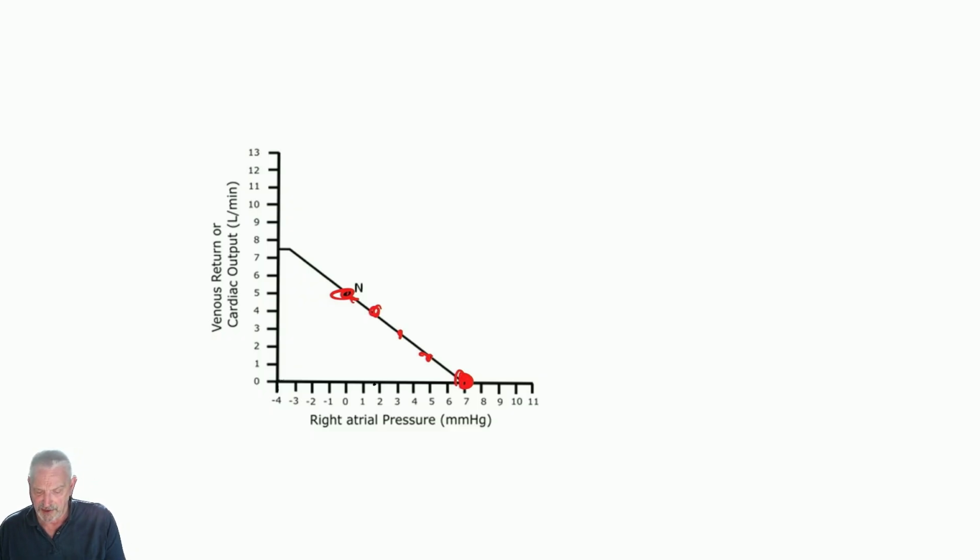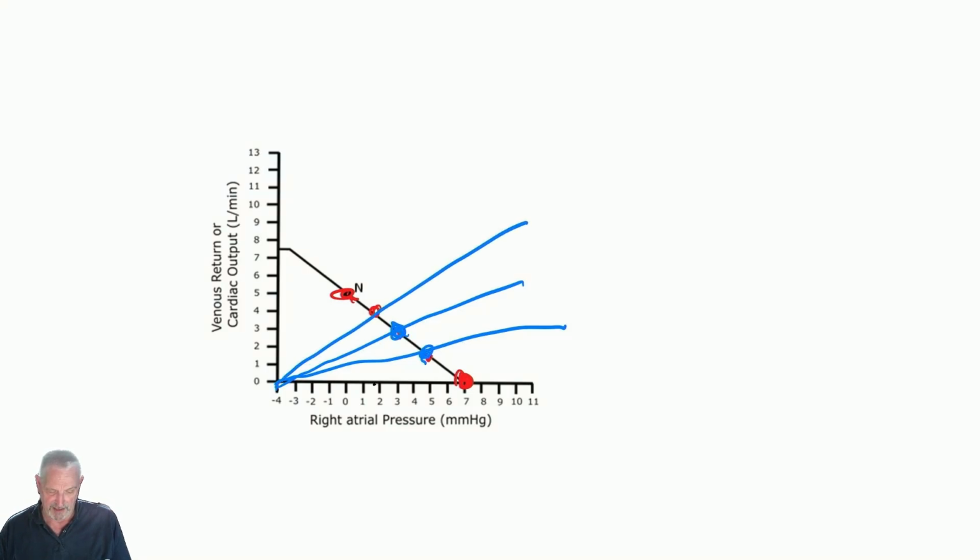The simple answer is cardiac function. If you have a very hypoeffective heart, it crosses here. A slightly better heart may cross here, a slightly better heart, here. A normal heart may cross here. A hypereffective heart may cross here. So the more effective the heart is,